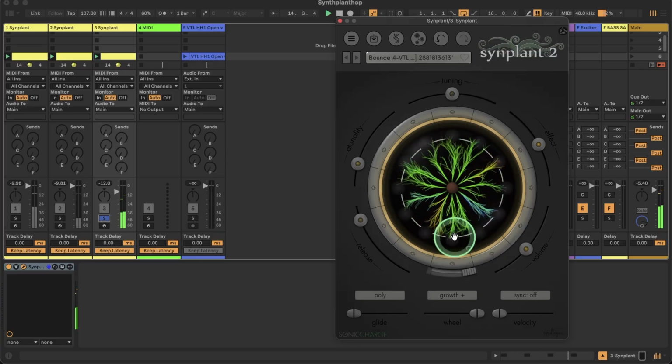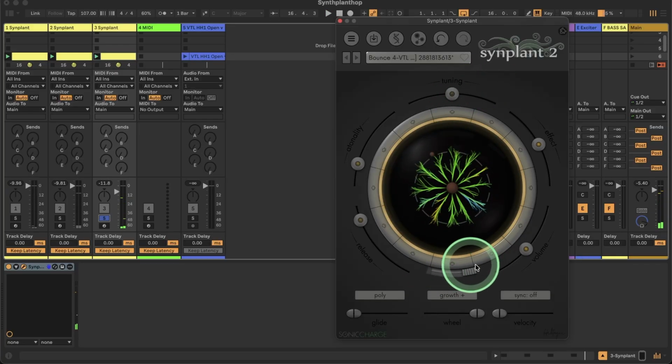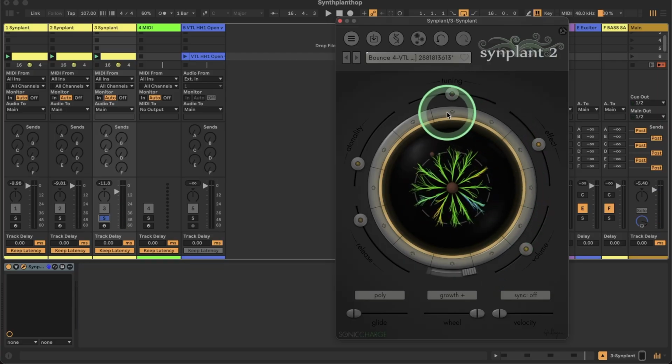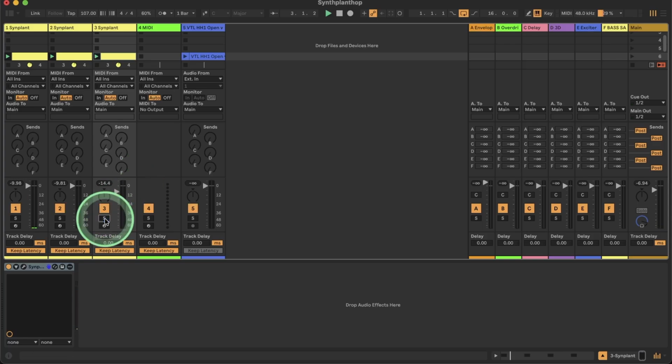I mean, I don't know if I could use that, but it's crazy. It's like having the power of 1, 2, 3, 4, 5, 6, 7, 8, 9, 10, 11, 12 synths in one synthesizer. Yeah, it baffles me, right? There you go. So we got that sound. That already sounds quite